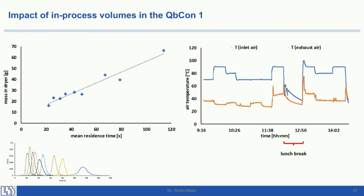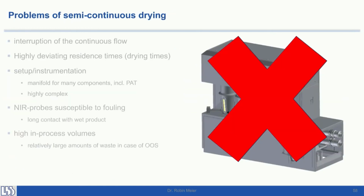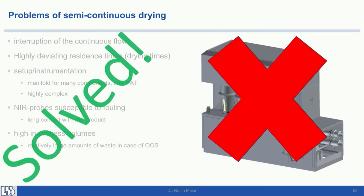Another key take-home message is that you can get your DOE, for example in your research and development facilities, done within 1 day or half of 1 day. And you get a lot of data and a lot of knowledge to evaluate and design your processes even better. So you can say problems of semi-continuous drying were solved so far via the introduction of the truly continuous